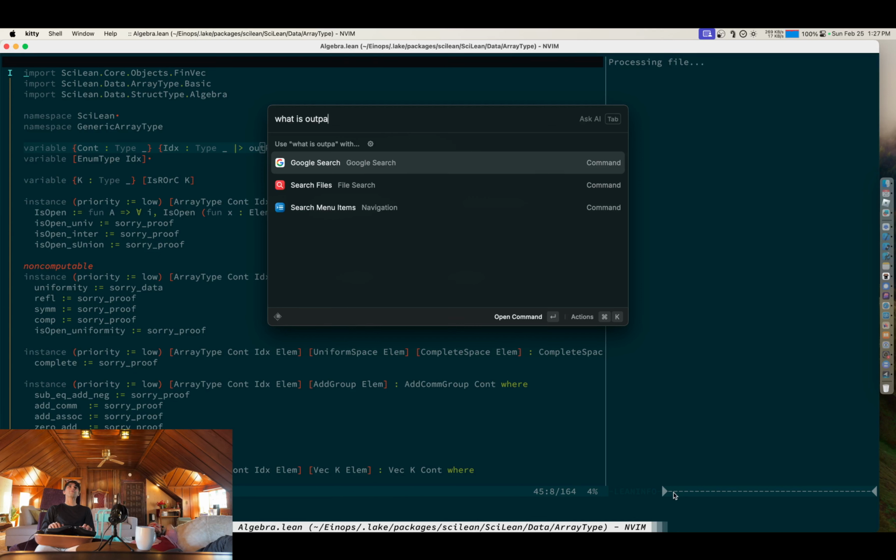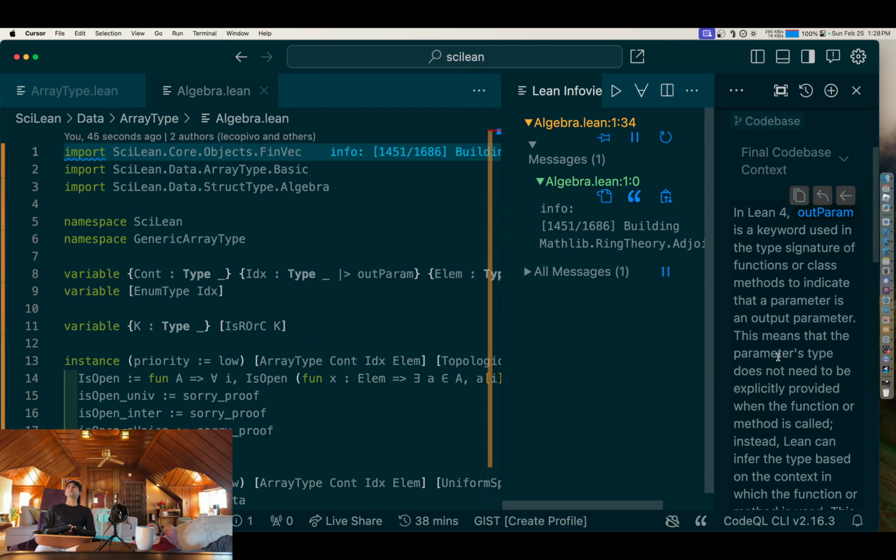Is a keyword used in the type signature of functions or class methods to indicate that a parameter is an output one. That means its type does not need to be explicitly provided when the function is